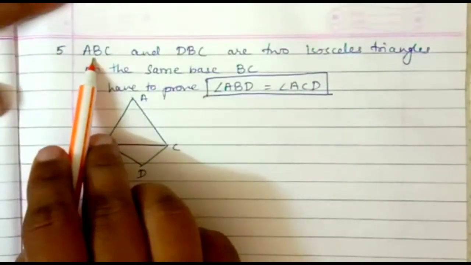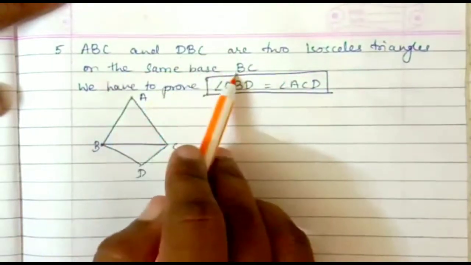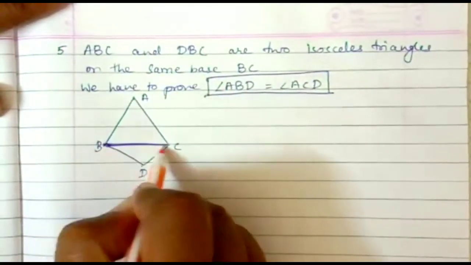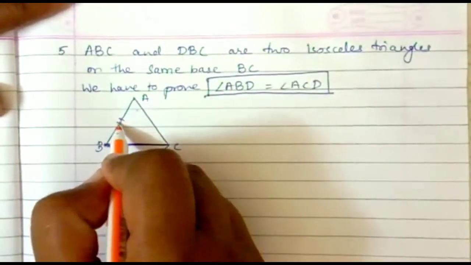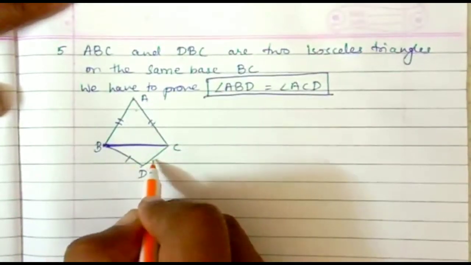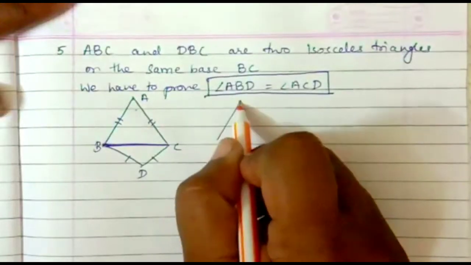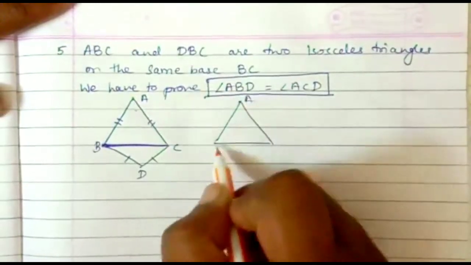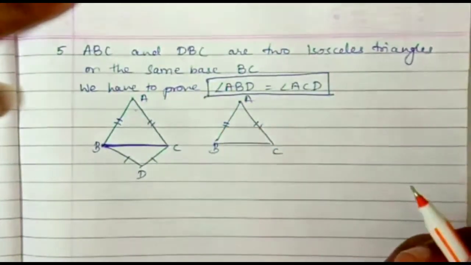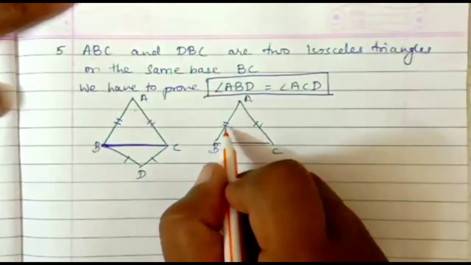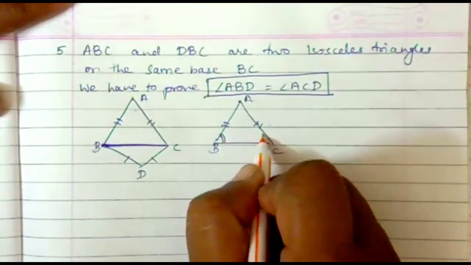Now as shown in the figure, triangles ABC and DBC are two isosceles triangles with the same base BC. So you can see here BC is common. We have triangles ABC and BDC as isosceles. That means AB and AC are equal as well as BD and DC are equal. So if I try to understand one figure separately, let us first understand triangle ABC. This is again an isosceles triangle in which AB and AC are equal. So according to theorem number 7.2, if two sides of a triangle are equal in measure, then their opposite angles also will be equal.